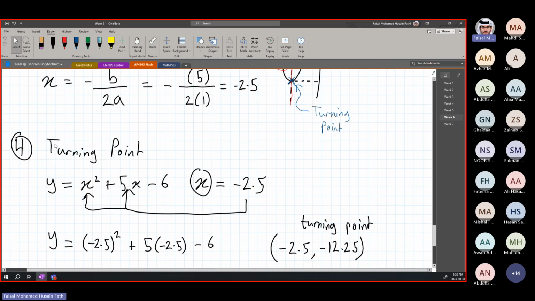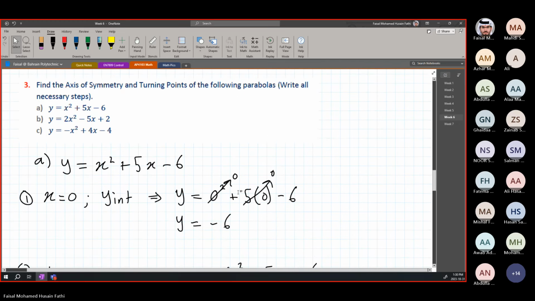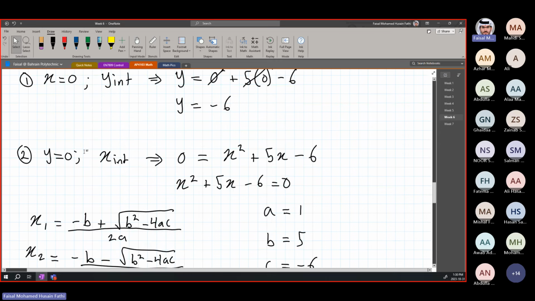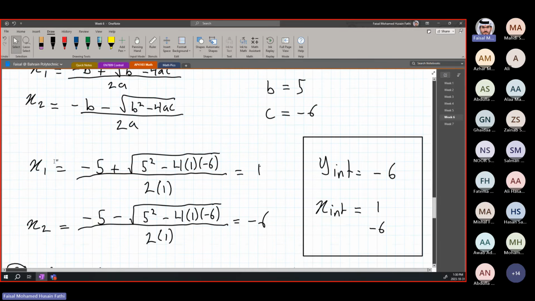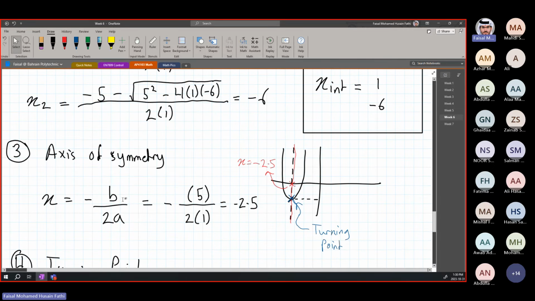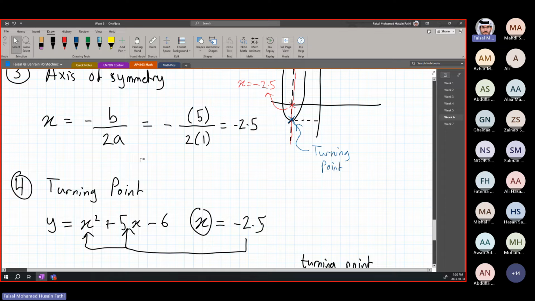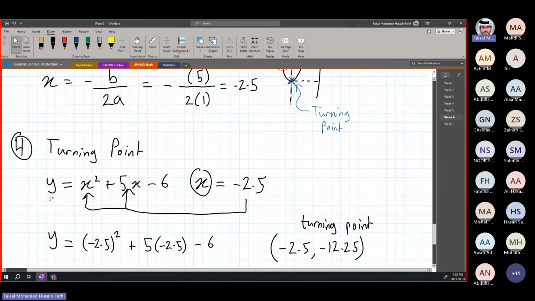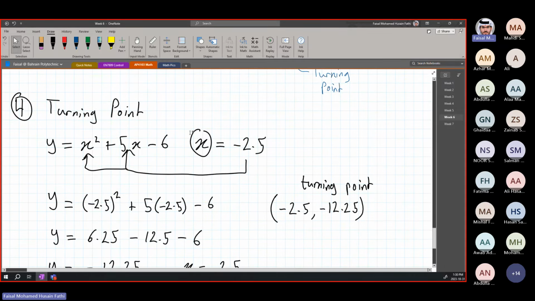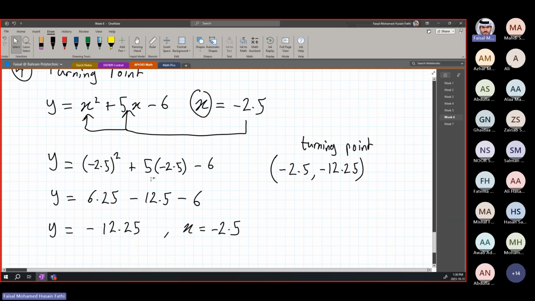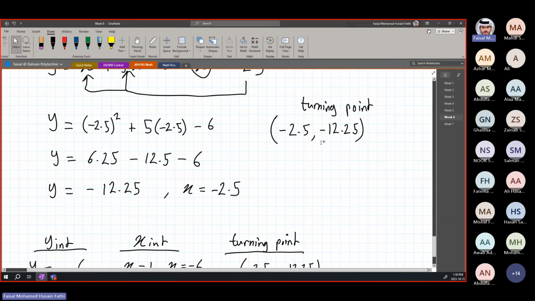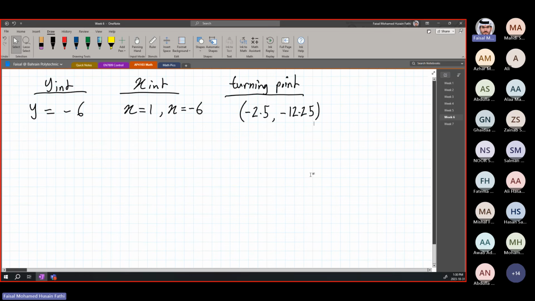Just to recap before I plot, first step was finding the y-intercept, and we found it by getting x equal to 0. Then we equalized y to 0 to find the x-intercept. Then after that, we found the axis of symmetry by using this equation, minus b over 2a for x, which is going to give us minus 2.5. Then we use the value we found for x and substitute it back in the main equation to find the value of y, to determine our turning point. So by putting it back, we got this turning point, minus 2.5 and the y is minus 12.25. Okay, so that's always the steps you will follow for